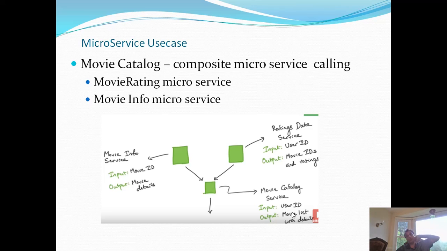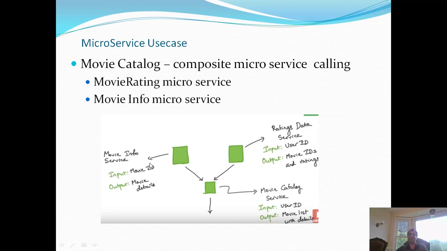Eventually, I think more and more microservices are going to be composed to make usable business services. This is one of the examples, and it also gives you an idea: if you have a monolith movie catalog service, it's better to segregate the functionality separately, so that the rating could be managed on its own, and that complexity does not come to the catalog side, right? And one of the reasons is scalability. The rating might have different scaling requirements as compared to a